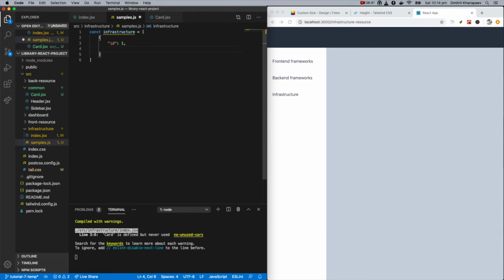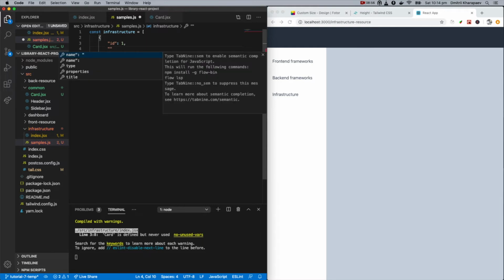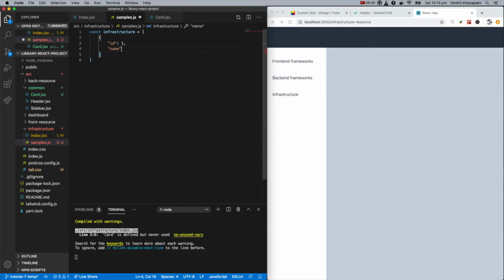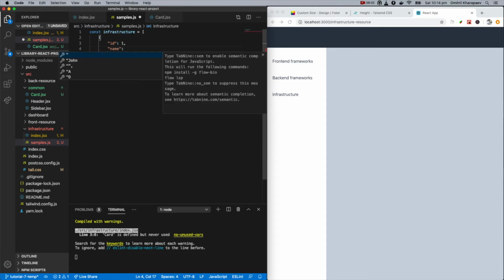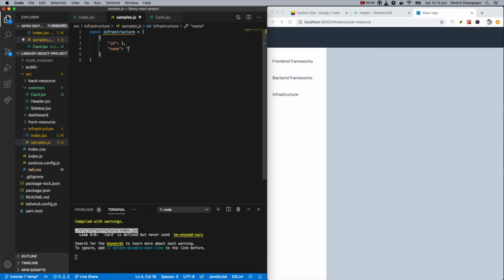And later on, I guess we're going to discuss that. Maybe not in this tutorial, but definitely later on, at some stage. So then, guys, name, which is essentially the name of the resource, right? Or the name of the tool that we're going to show, for instance Kubernetes or Terraform, something like that, right? Okay, let's first specify Kubernetes. And guys, for now I just define one piece for the convenience sake, and then